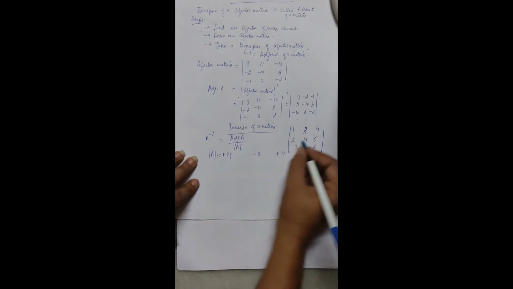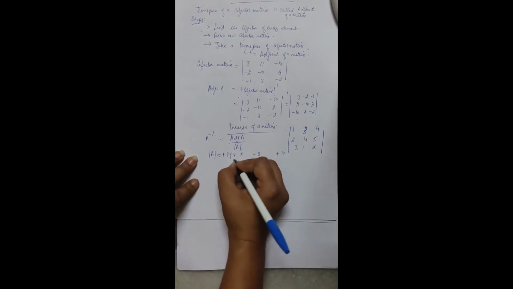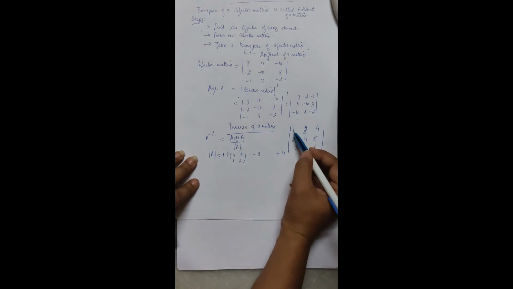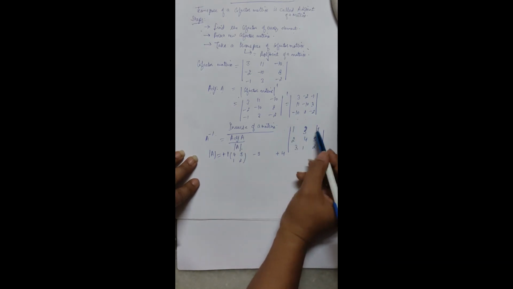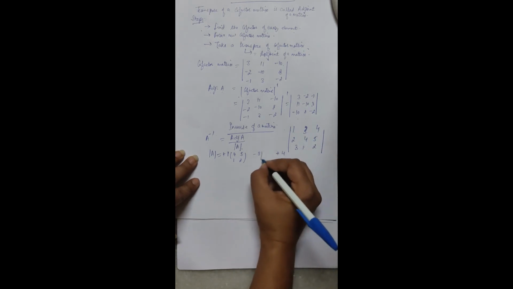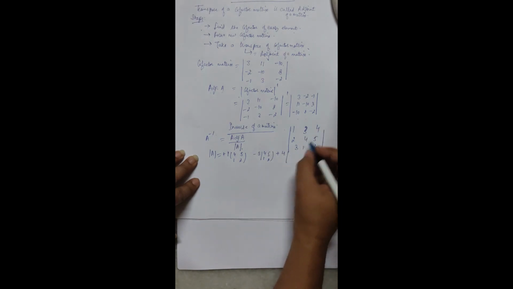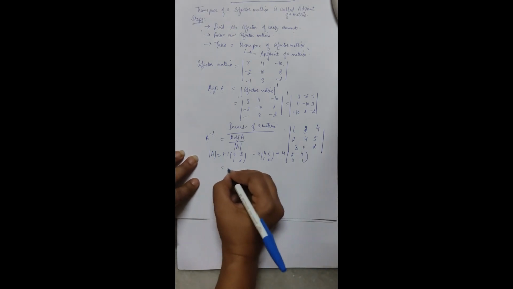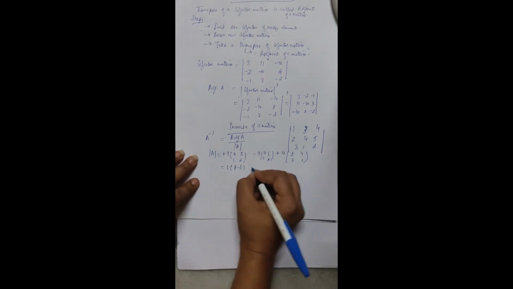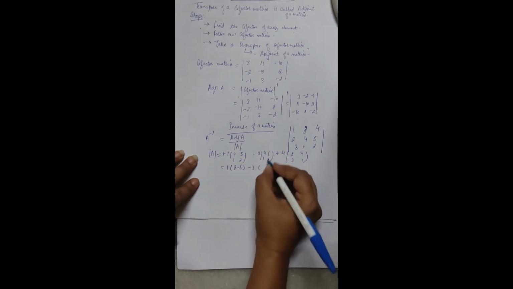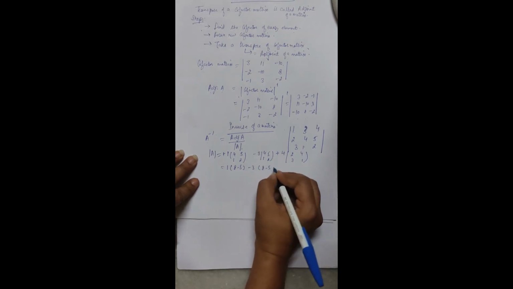Next is 4, 5, 1 and 2, means by not taking the elements corresponding to the row and column of 1. Next 3, so I will not take the elements of this row and this column in which there is 3 element, and I will take 4, 1, 5 and 2. And here I will take 2, 3, 4 and 1. So what I will get? 1 into 8 minus 5 minus 3, 4 into 2 cross multiply, 8 minus